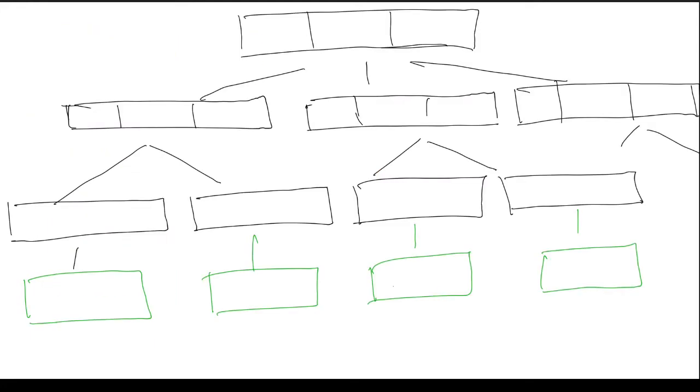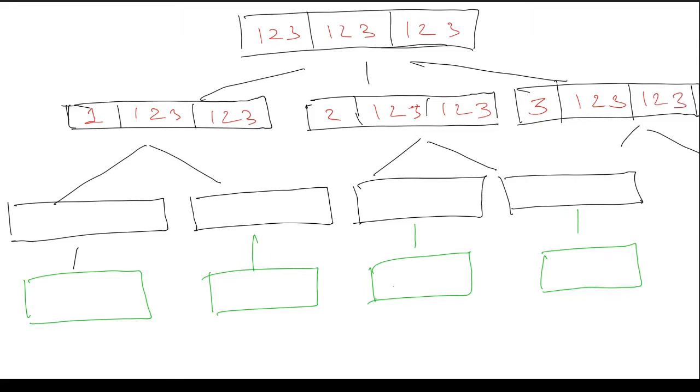So let's see how backtracking will be used. Now in the first place I have 3 options for the first space, 3 options for the second space, 3 options for the third space. Okay, if I fix the first position as 1, then in the second position I can take 1 2 3, in the third position I can take 1 2 3. Okay, likewise in the second branch if I fix the first position as 2, the second position can be filled with 1 2 3, and the third position also has options 1 2 3. Okay, in the third branch if I take the first as 3, then the remaining are 1 2 3.